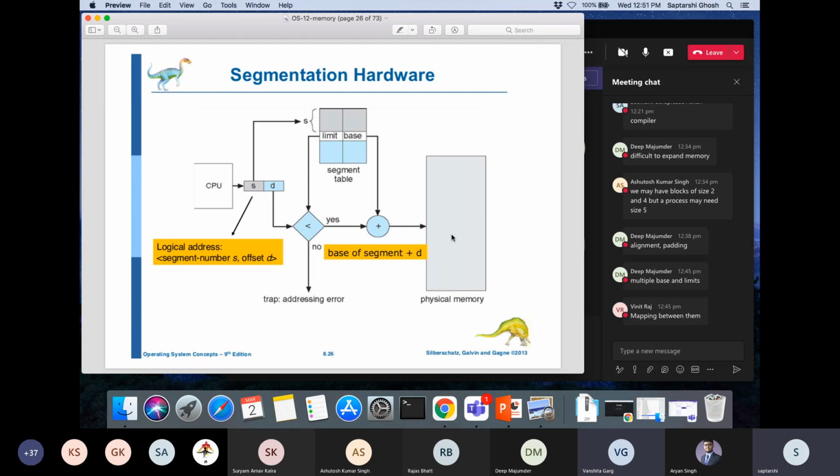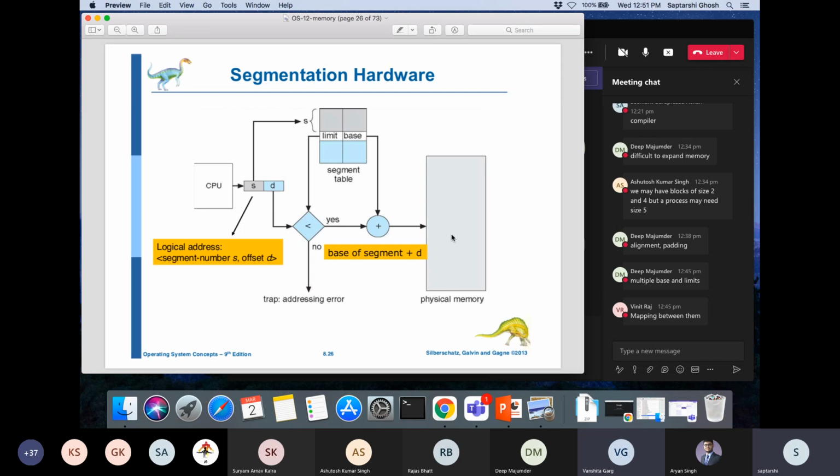Okay, great. So this scheme worked. There was one small disadvantage, that the different segments can be of different sizes. Okay, so it may happen that the data segment is huge, code segment is small, or the reverse, the code segment is huge, the data segment is small, and so on. And therefore, bookkeeping became a bit difficult. Also,